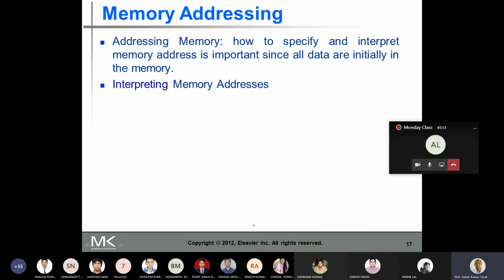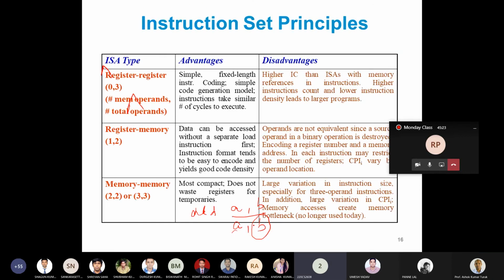Excuse me, sir. You said in memory the instruction size varies. Can you explain how and why? Like, the memory address will be the same, right? Say we have 32 bits for the address of an operand. No, it should still be fixed. Can you repeat the question once again?